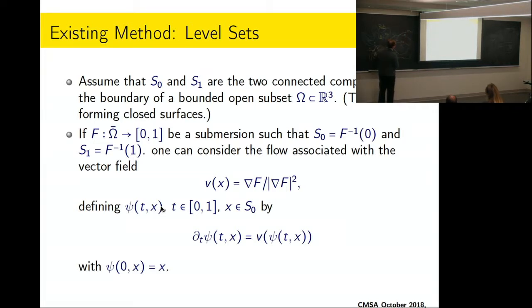When you have that, you can look at the level sets of the function, f equals t, and what you know is that the gradient of the function is perpendicular to its level sets, and so you can define streamlines